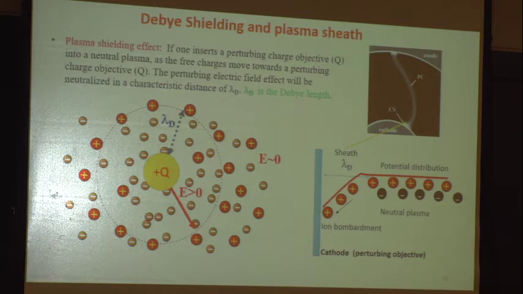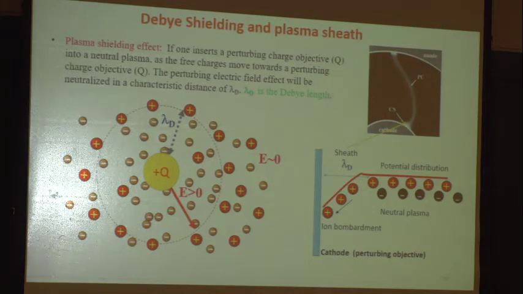One ion, one electron, positive and negative, is pretty much neutral. But near the electrode, the electrons move much faster than the ions, right? And then you generate a net charge of positive ions. So this is the electrode, and if you put an electrode in a plasma, you have a length scale called the sheath, where the voltage drops a lot. Okay, this we call a sheath.